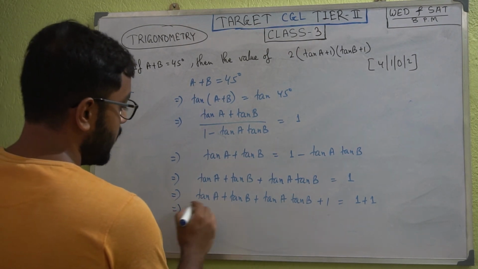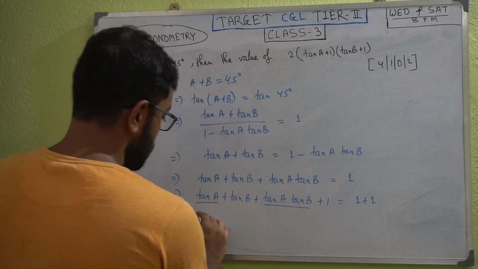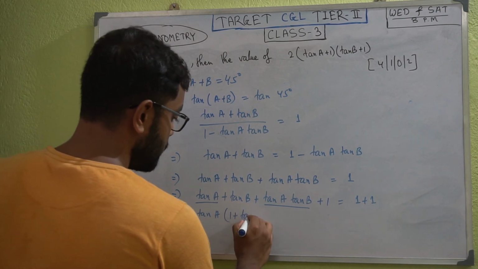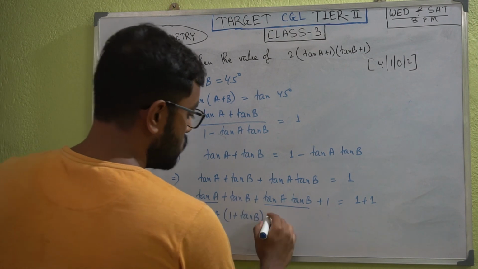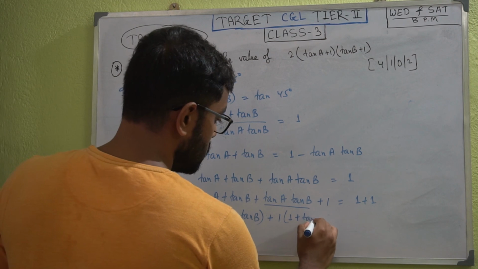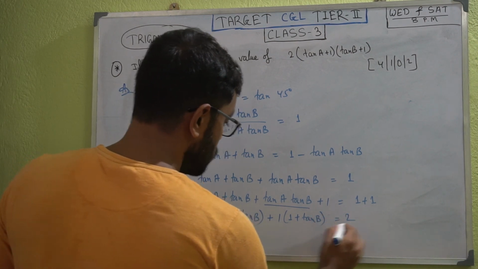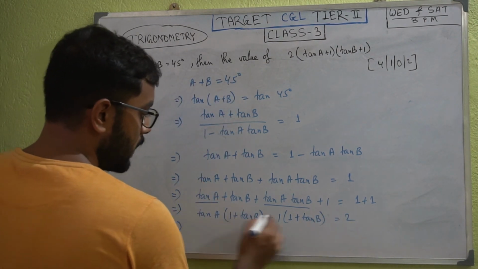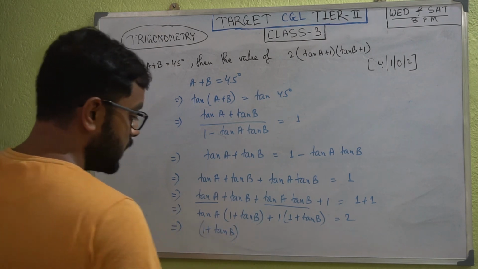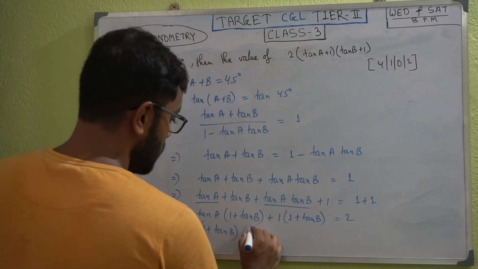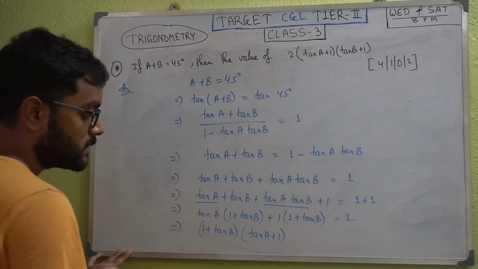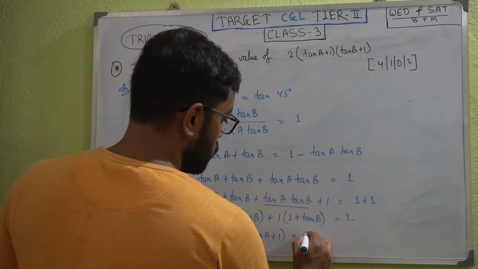Now we take common from these two functions tan a, then 1 plus tan b, and from the remaining two functions 1 will be the common, 1 plus tan b equal to 2. Now take the common 1 plus tan b. If we take the common 1 plus tan b, then here tan a and here plus 1, 1 plus tan b into 1 plus tan a equal to 2,